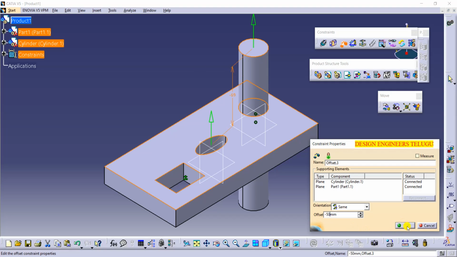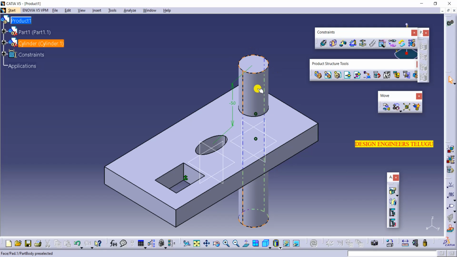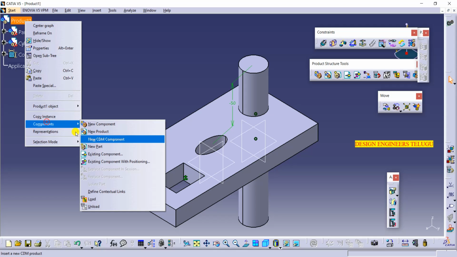Just click OK. Now see, it is getting highlighted. Every time you don't need to go and update here. Once you give all the constraints, you can click on update. It's up to the individual. Now I'm updating this. Here I have fixed this cylinder, but it has a rotation degree of freedom, which I will explain later. Now I want to import one more component. I'm just importing one more component.